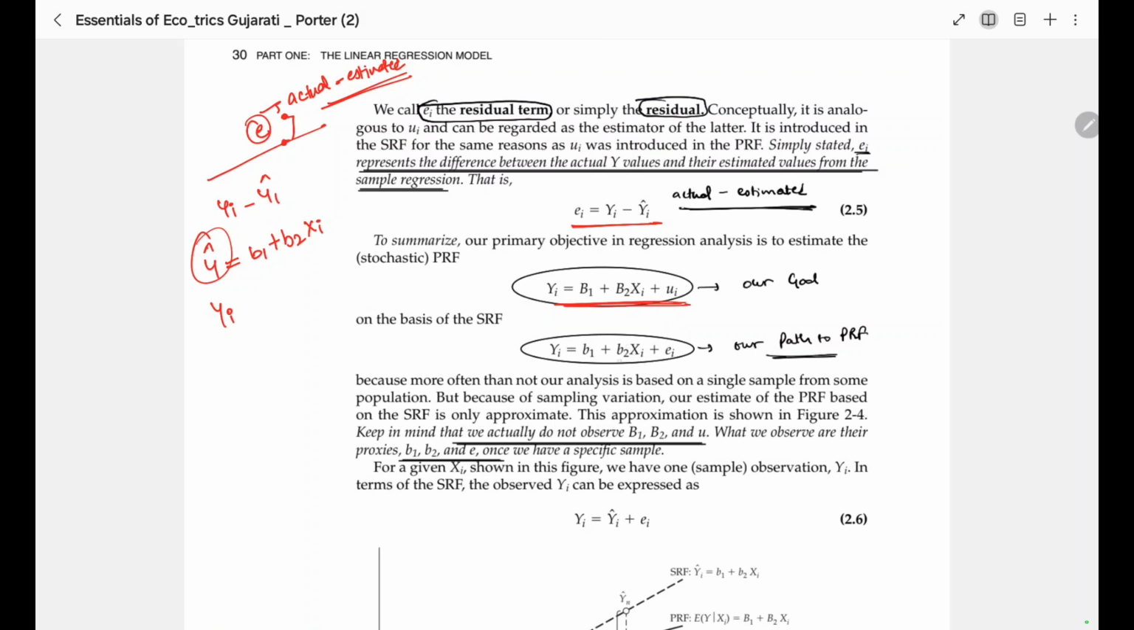This is what we want, and this is what we use to get it, because we do not have the population data, we have sample data, so we use this to get our population regression function. Okay,